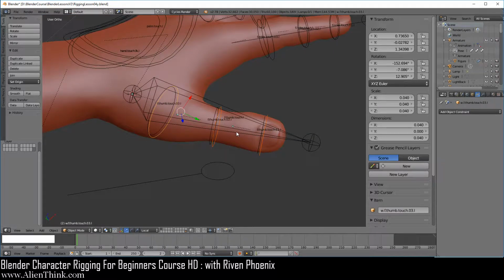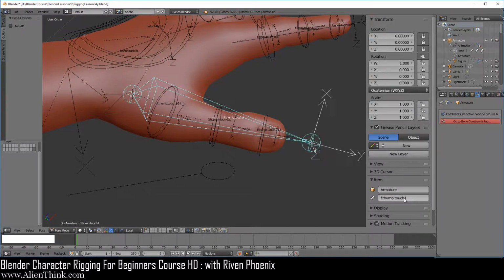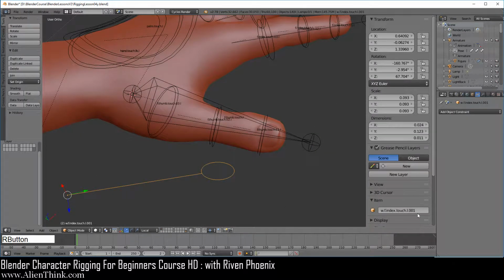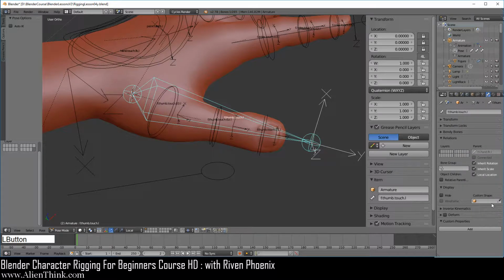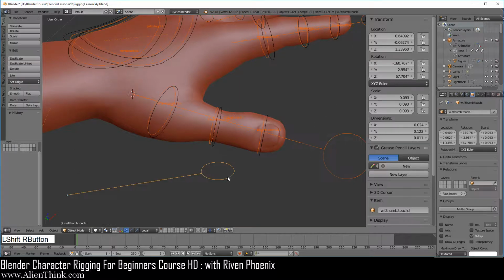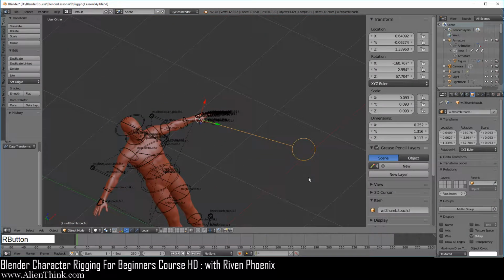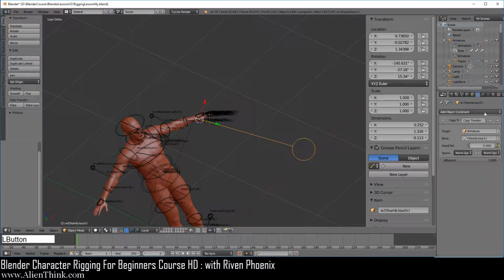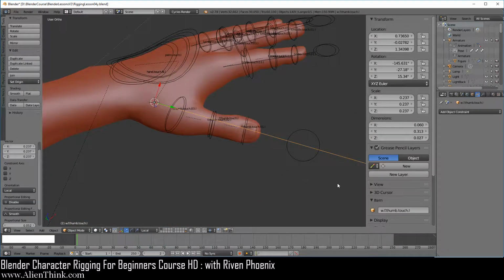Now here, this is easy. We just have to click over here and do Control C, click over here, click inside, do W dot, do Control V and enter, do Control C over here, click this, do Control V. Now over here we're going to go ahead and click this, click on this, do Shift Control C, do copy transforms, go ahead and zoom out, click on this, do Control A, do visual transform, turn this off, click over here and press the S key to go ahead and scale this down over here.